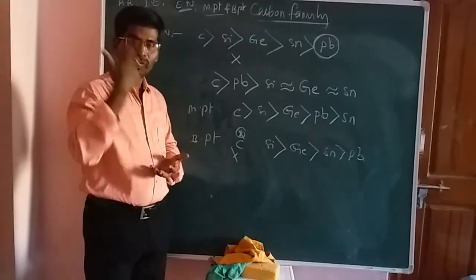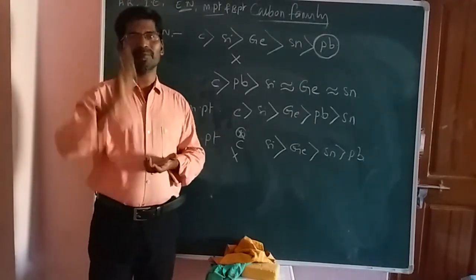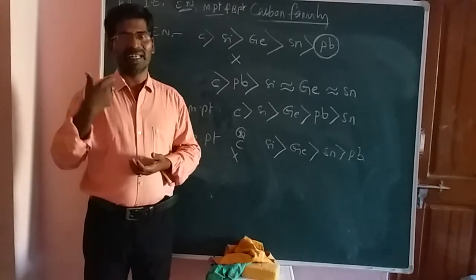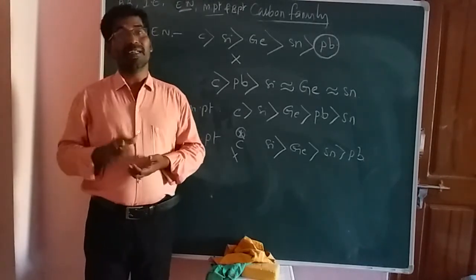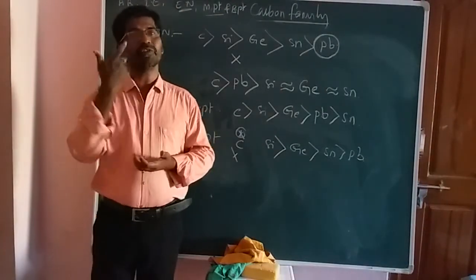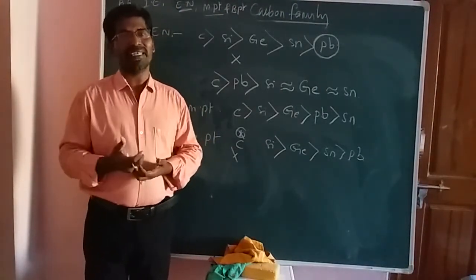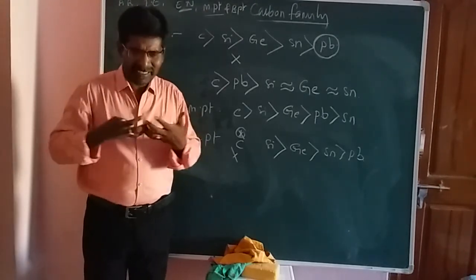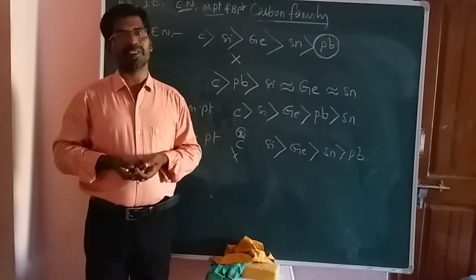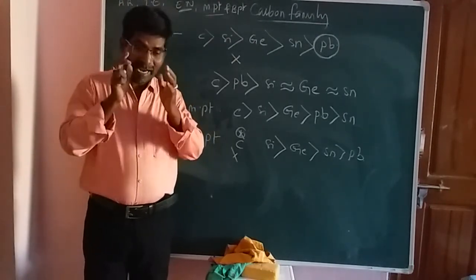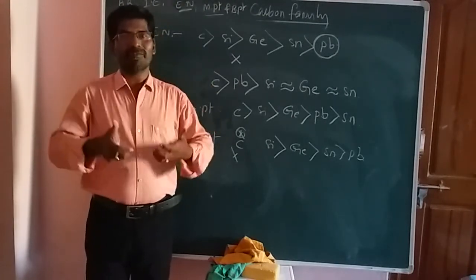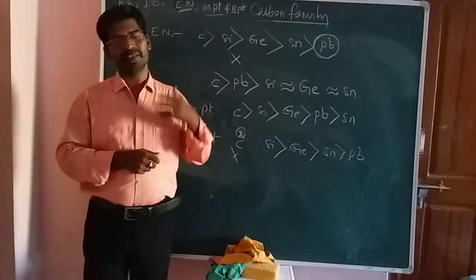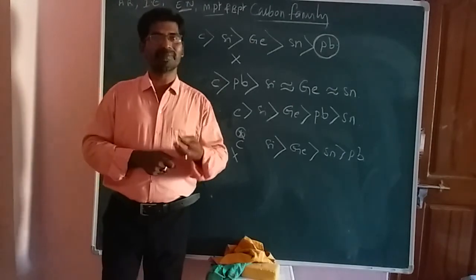So in this group, that means in the fourth A group elements, carbon has the highest catenation property, then silicon. After silicon, germanium and tin. Lead does not show the catenation property. What is the reason here? Actually, lead has a metallic character. That means lead has the metallic property. So that's why metals do not show the catenation property. That is one of the important properties. The catenation property is the most important property in this chemistry, so it depends upon catenation. It can form different types of compounds, that means chains, long